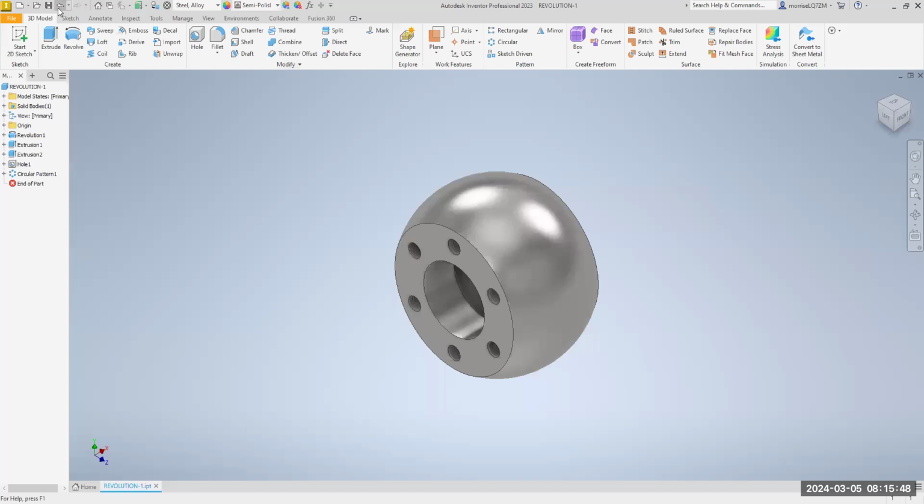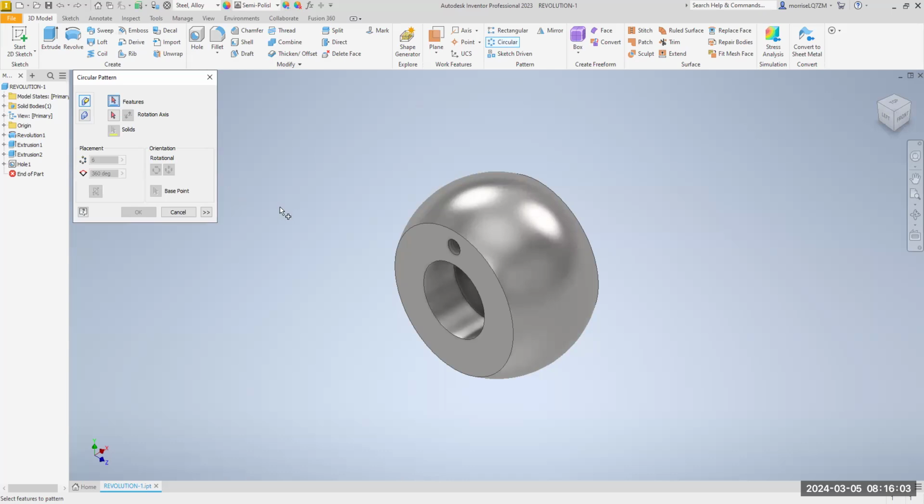Okay, so I'm gonna back up. You tell me where to stop, okay? It's before this part, you're right here? Okay, so here's what you do. Over here where it says pattern, you click on circular pattern. Then you select features, come down here and select that hole. And then you go click on the rotation axis, click on this arrow, and we're going to click on that